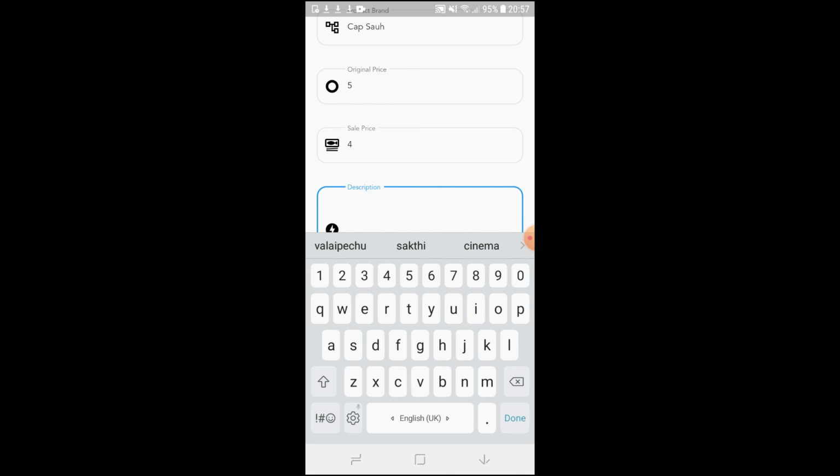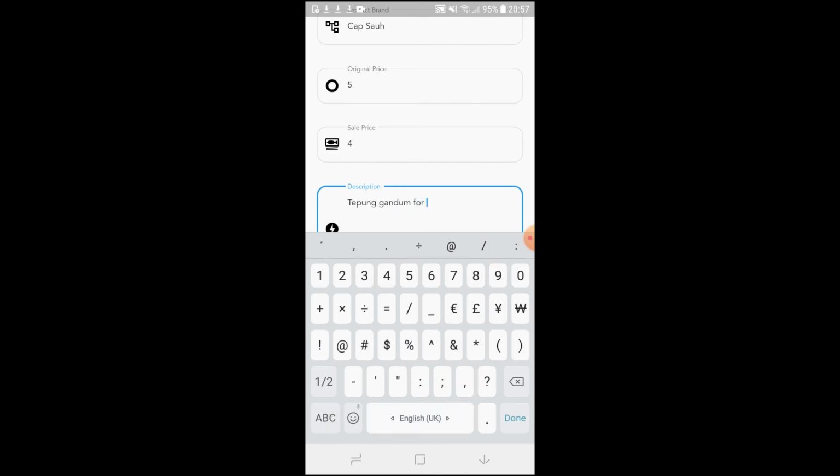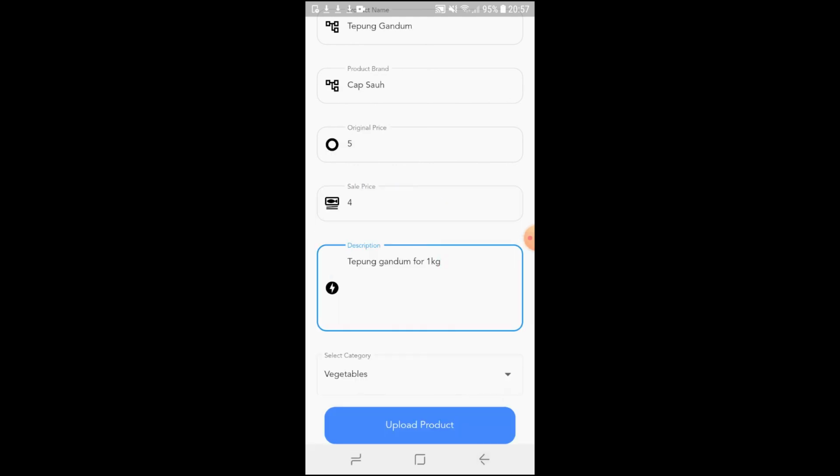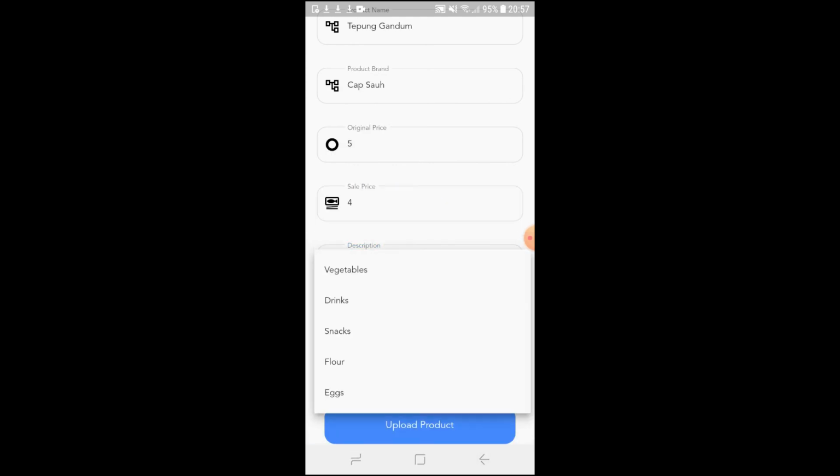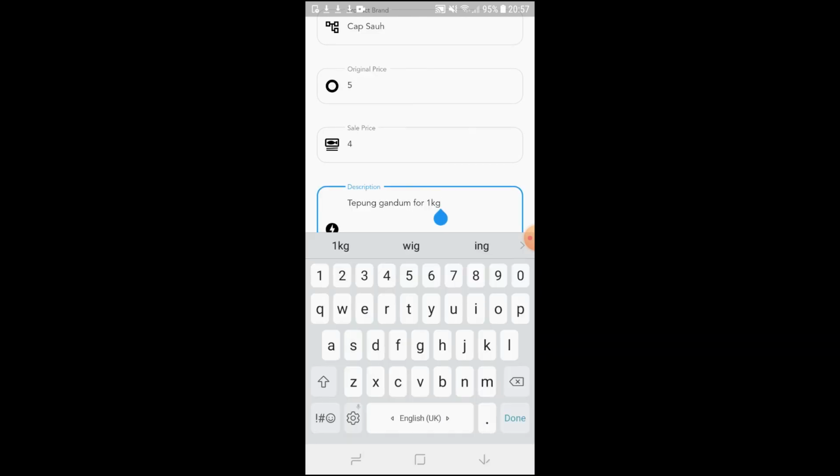We can keep the description tepung gandum, 1 kg. So now at the bottom here, we can select the category where we want to add the product. In our case the category is flour, so we'll upload the product.